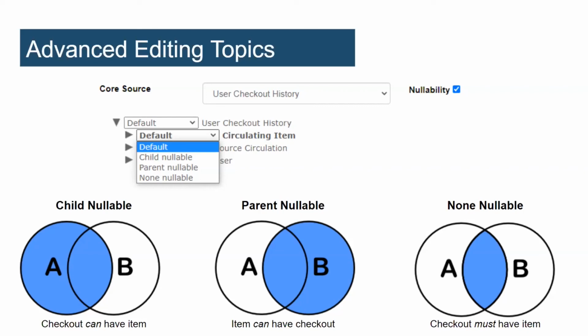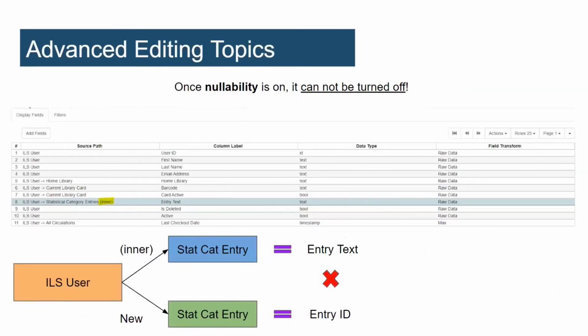I don't find myself using this one. Lastly, non-nullable, the default, will only return checkouts if they have an item. If you choose to use nullability in your reports, be prepared for a lot of trial and error. The main reason I'm bringing up nullability is because of a huge caveat that comes with editing clones of existing